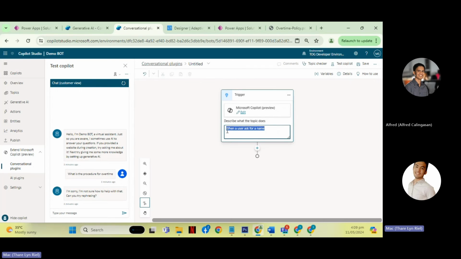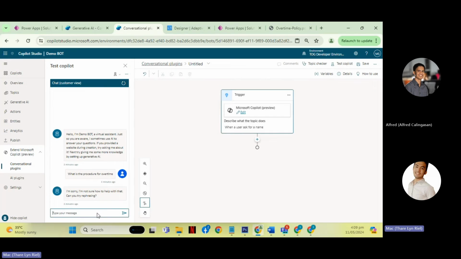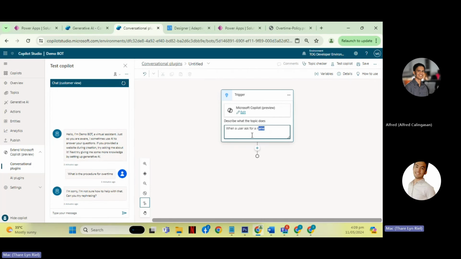So for this one, if the user asks what is your name, or anything related to the name. To have a better output, you need to be more accurate or more specific on this one. So whatever name the user asks, this conversational plugin will be triggered. But that is what a conversational plugin is.